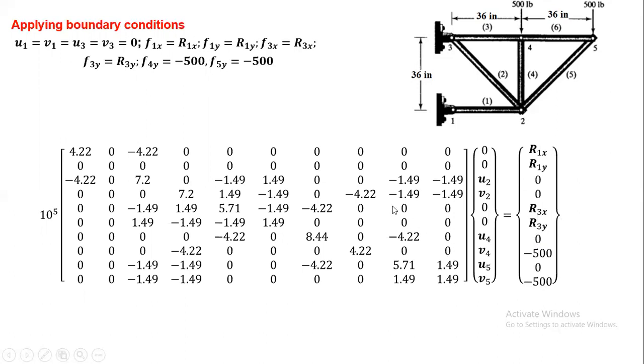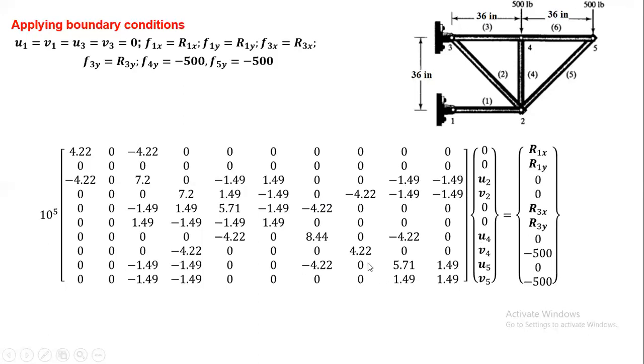Now for solving that, you extract the corresponding matrix to that of the u2 v2 u4 v4 u5 v5, that is corresponding to the unknowns only. Now how can we do this? You see here, if you write the equation for u2, that is your equation number 3, this term into 0, this term into 0, okay, you will get 7.2 into u2, next 0 into v2, next this term is 0, this term is 0, this term is 0, this term is 0, minus 1.49, minus 1.49. But we cannot consider these terms as 0.